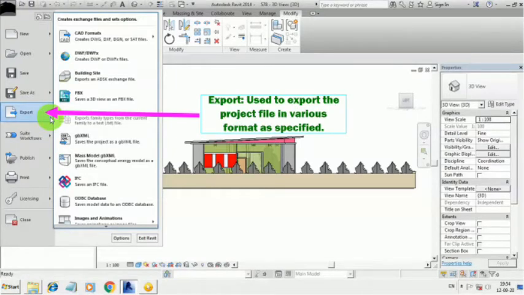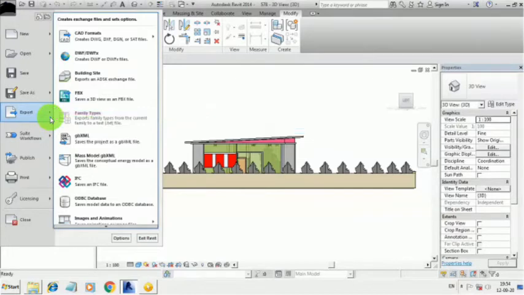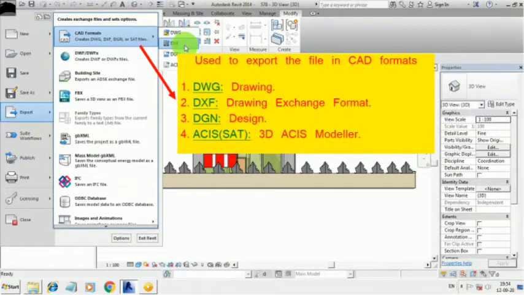And the Export option, which is used to export the project file in various file formats, is specified here. We can export the Revit file in CAD formats like DWG, DGN and DWF format.